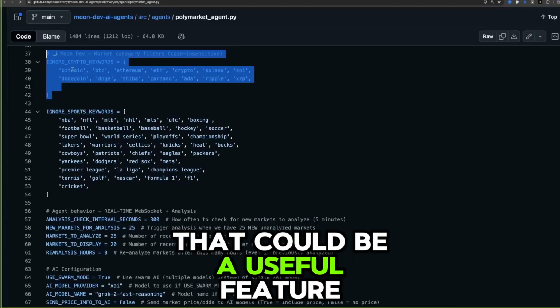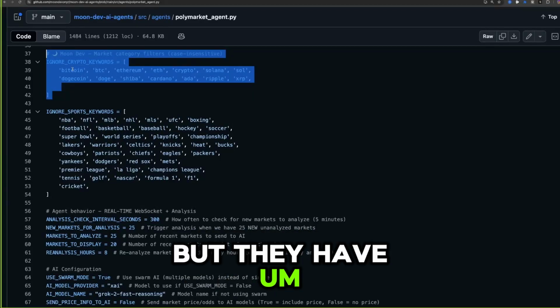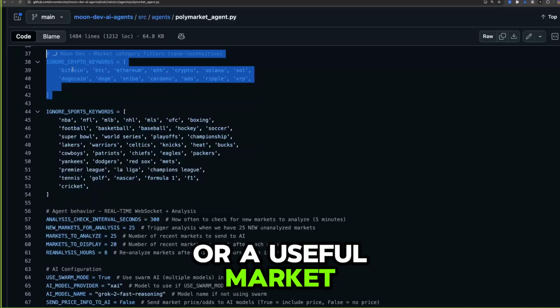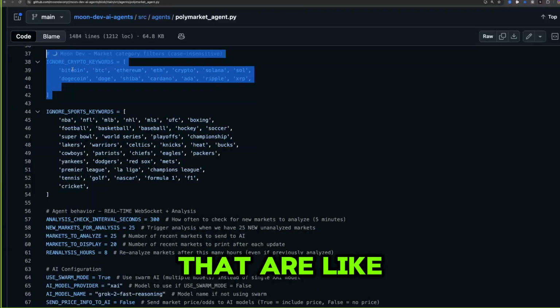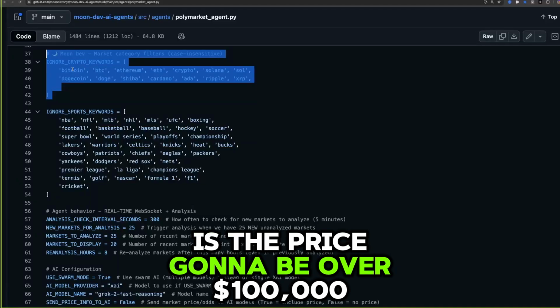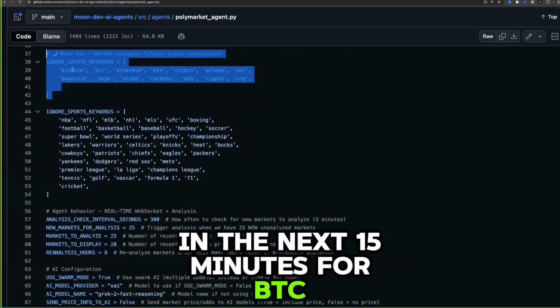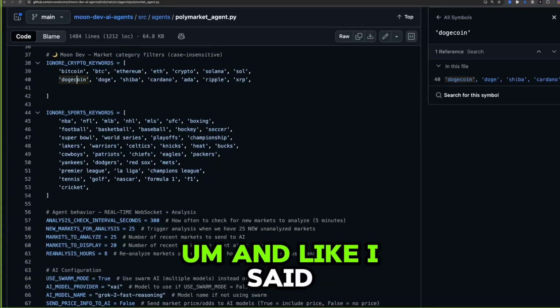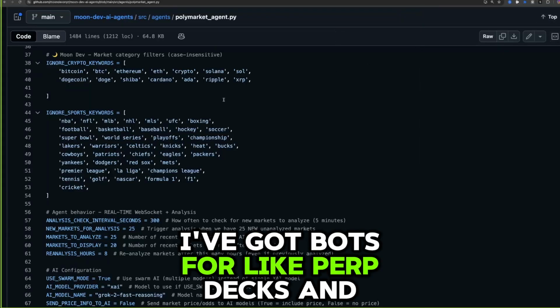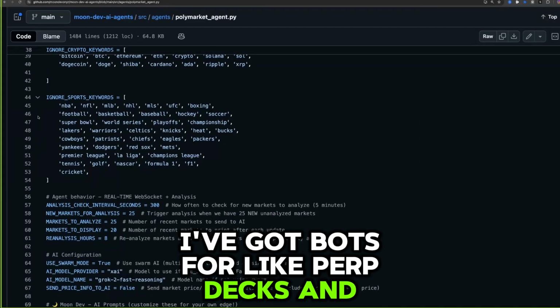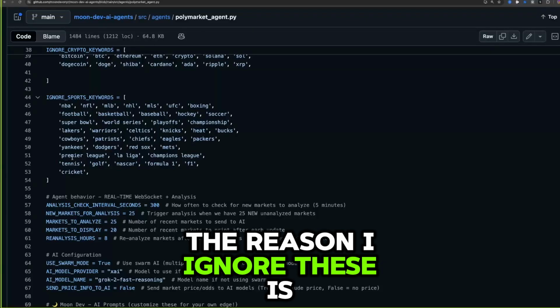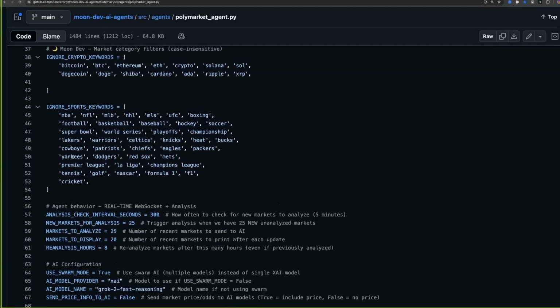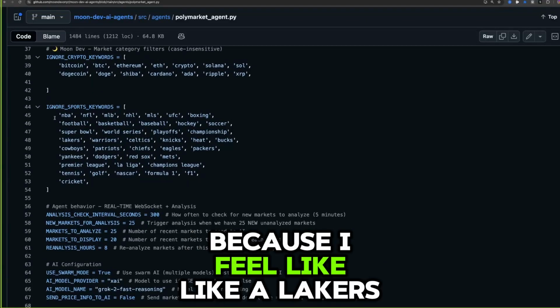That could be a useful market, but they have markets on PolyMarket like, is the price going to be over $100,000 in the next 15 minutes for BTC? Essentially, it's just using a lot of leverage. And like I said, I've got bots for perp dexes. And then sports, the reason I ignore these is because I feel like a Lakers fan